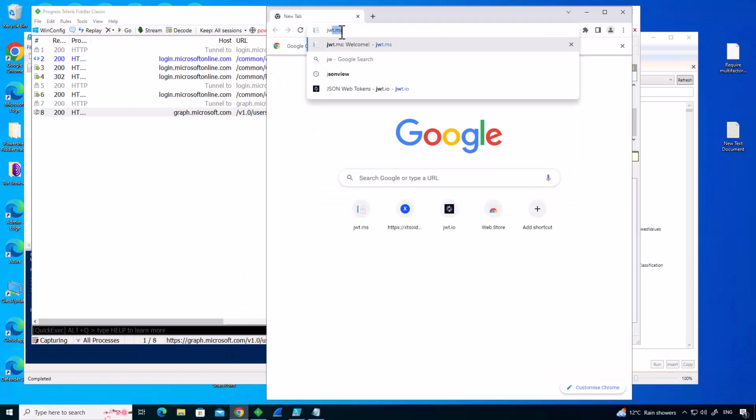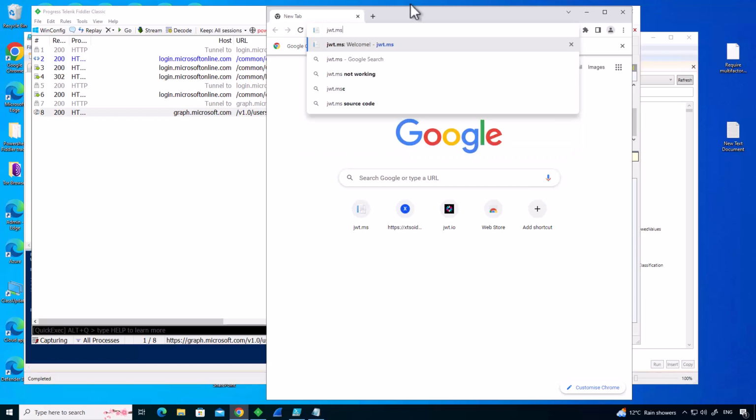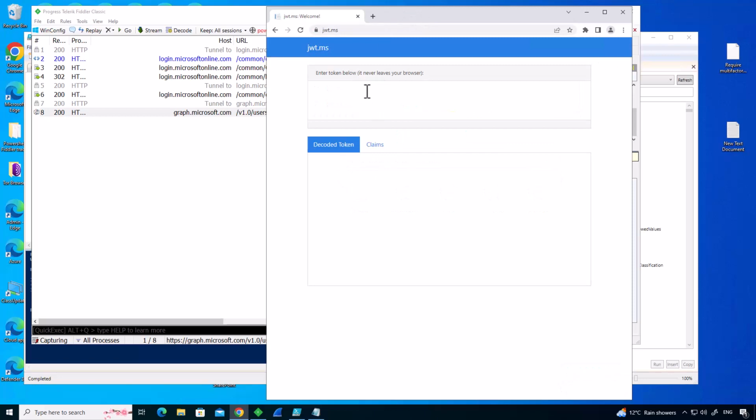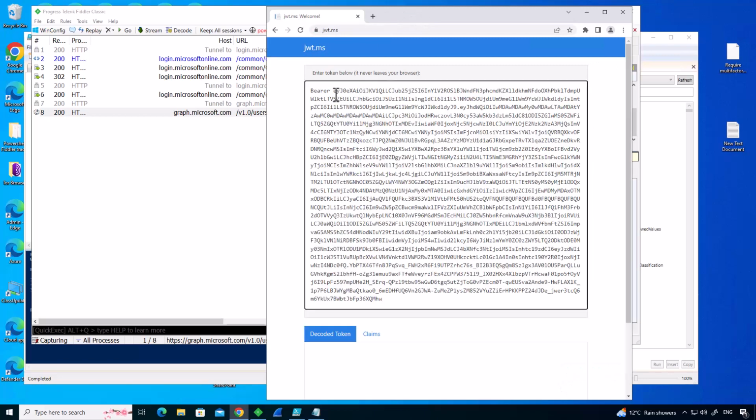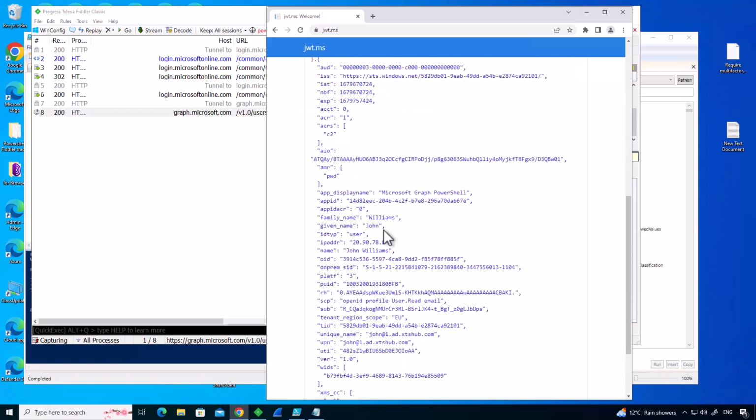JSON-WebToken.ms. So JSON-WebToken.ms, and I'm going to drop that in there. So there's my token gone in. I just need to remove bearer from there. And if we look down here, what we can see is when it was issued and when it expires. Well, the nice thing about